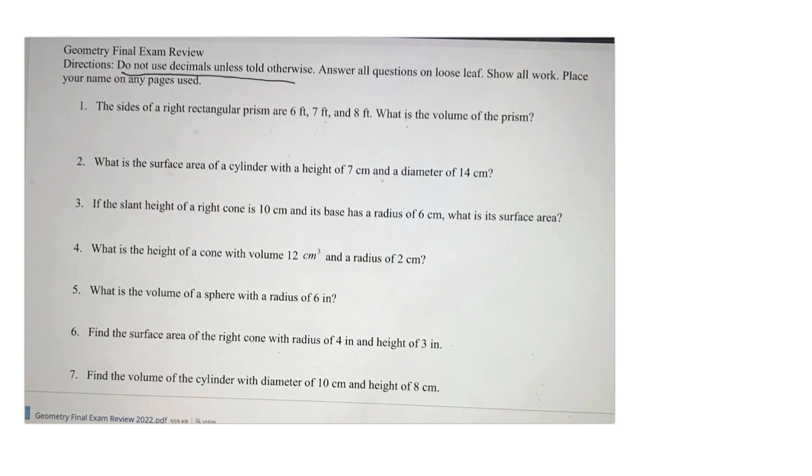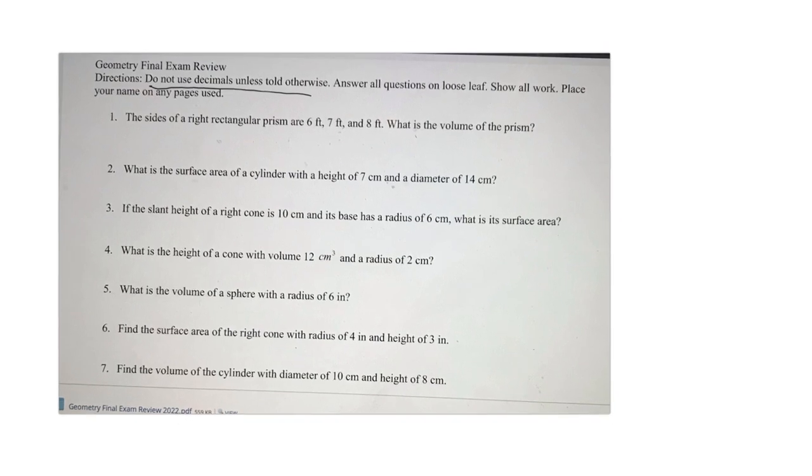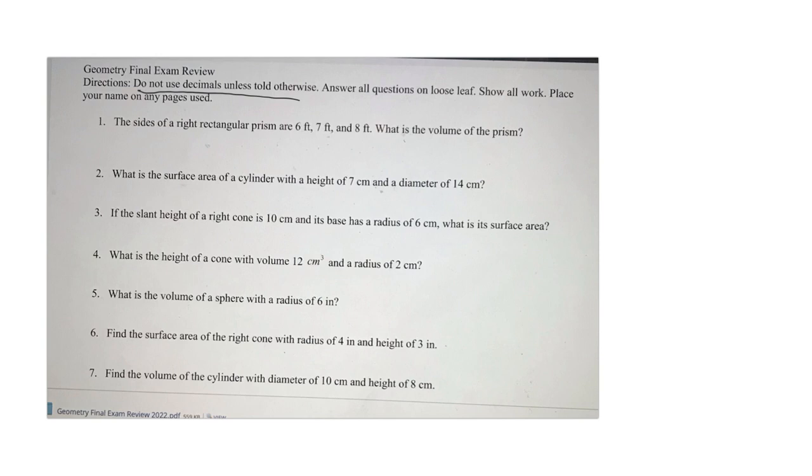Okay, problem number 3. If the slant height of a right cone is 10 and its base has a radius of 6, what's the surface area? Okay, so here's a cone. The slant height is apparently 10. The radius of this circular base is 6. And that's all we know. So that's tricky because the surface area of a cone is going to be the